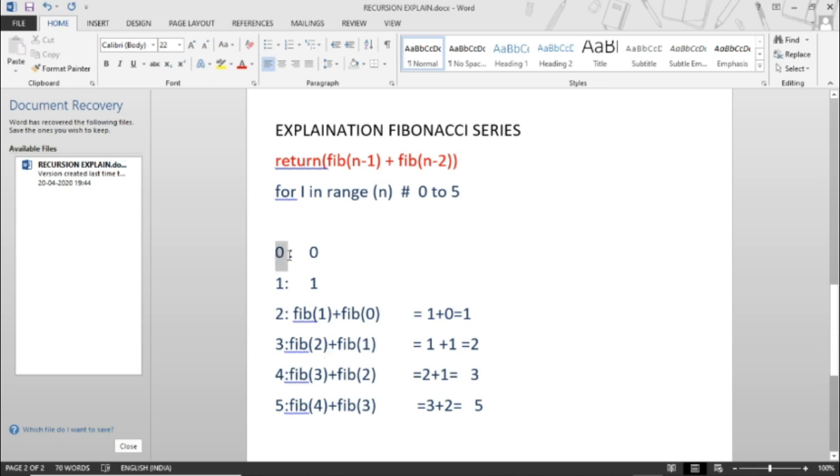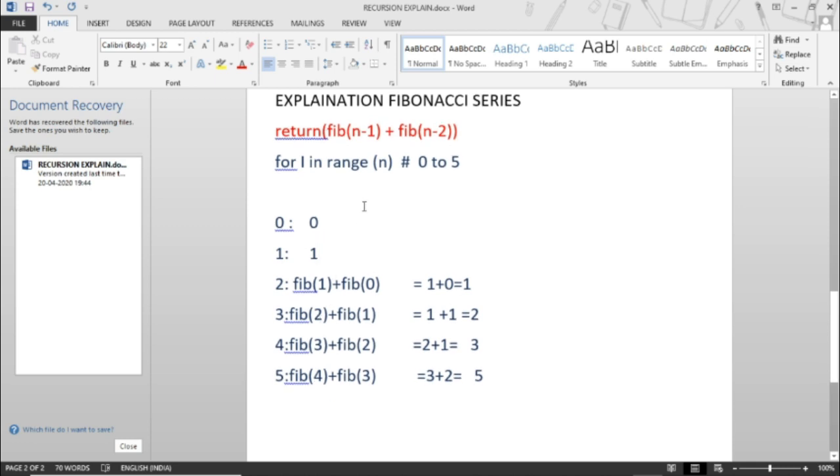So the first call will be for 0, it will return n, that is 0. It will be stored in a stack. Then again in the loop the function will be called, for 1. Again n is less than or equal to 1, return n. So 1 will be returned. Now i will be 2, and for 2 the statement will be read as fib(n minus 1) plus fib(n minus 2).